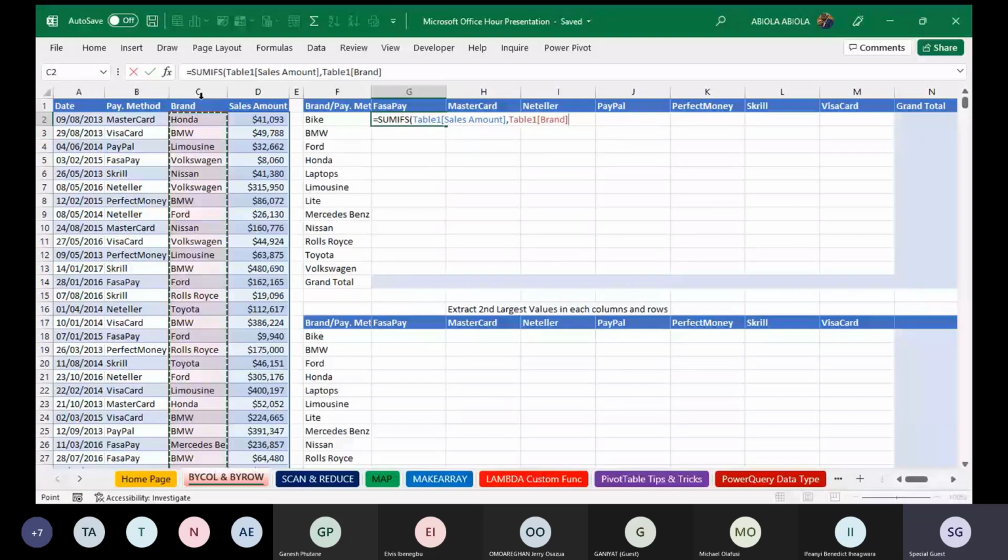And for the criteria 1, now I can actually select this entire array, and we have what's called the hash or the pound sign. So we are actually giving the entire array, the values in this list. So we don't need to do partial locking like the mixed cell reference that we are used to in the traditional SUMIF function. So it's going to be F2, and we have the pound sign, then comma, and the criteria range 2 is going to be the payment method, many side in our data set, comma, and the criteria 2 is going to be